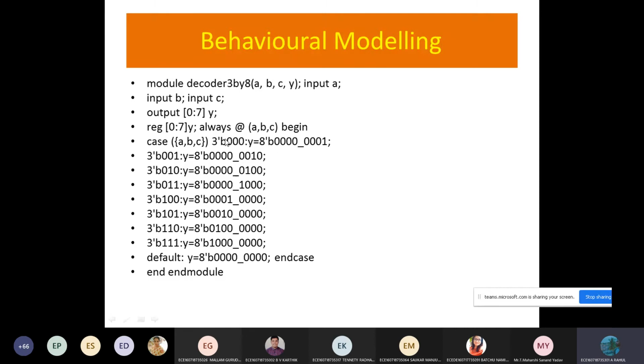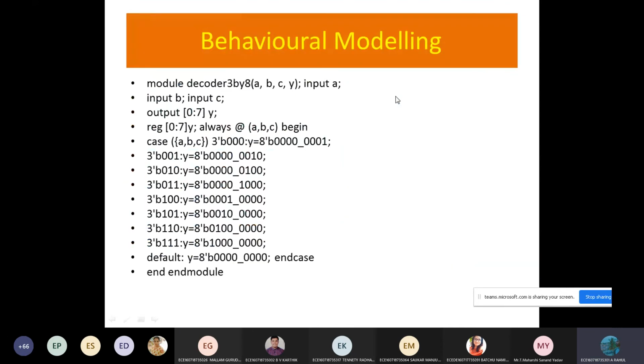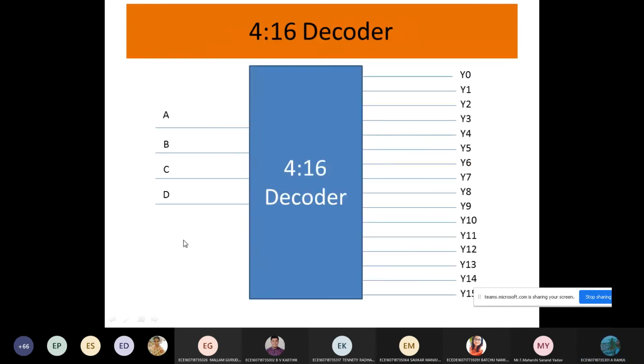In the same way, we are using 3'b000 as the input. For 3'b000 as the input, we'll be getting output as Y0. So Y0 is the output. In the same way, we'll be writing for everything. It's the same for 4:16,